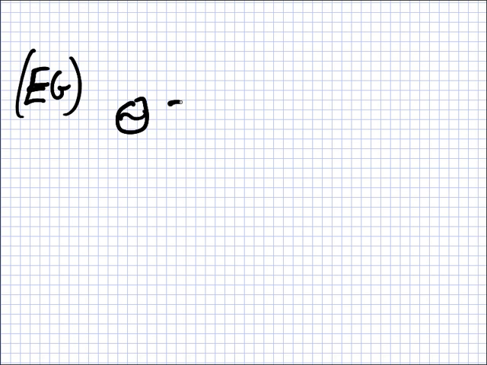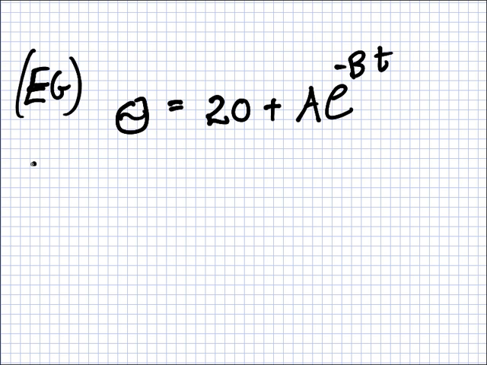And they might say it's something like 20 plus A e to the minus BT. And they don't tell us the A and the B in the formula. And they might ask us to find the A and the B, but they would have to give us more information. So they could say something like, when T is 0, the temperature of the coffee, theta, well, we could